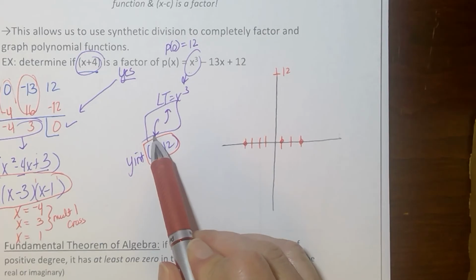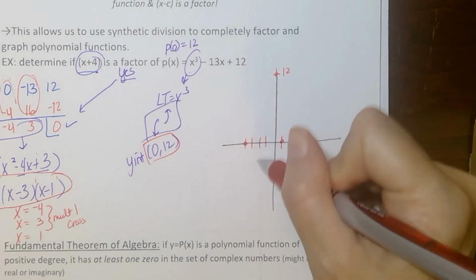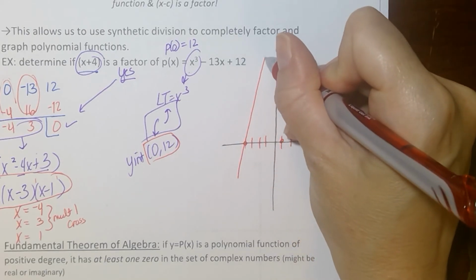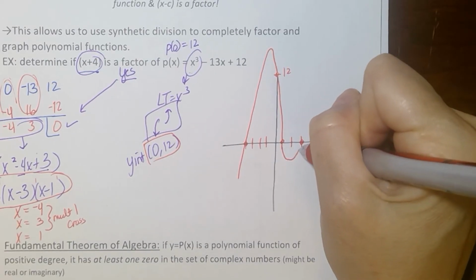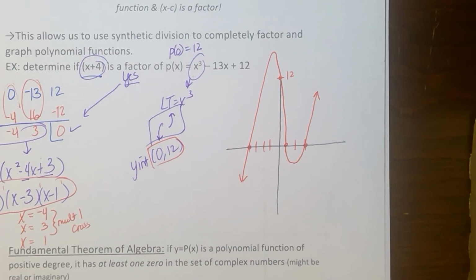Using my end behavior, I'm going to start low, finish high. I need to make sure I interact with all of those points. So if I start low, I think about, you know what, that's going to balance, so I'm probably going to go up higher than that. Cross, cross, cross. None of them have an exponent greater than 1, so I don't need to slow down at